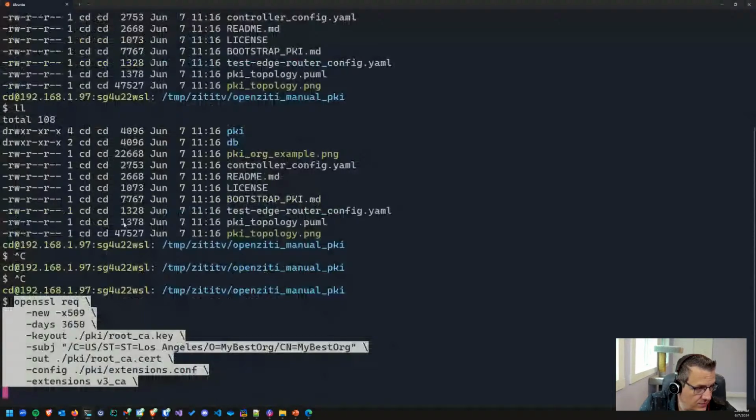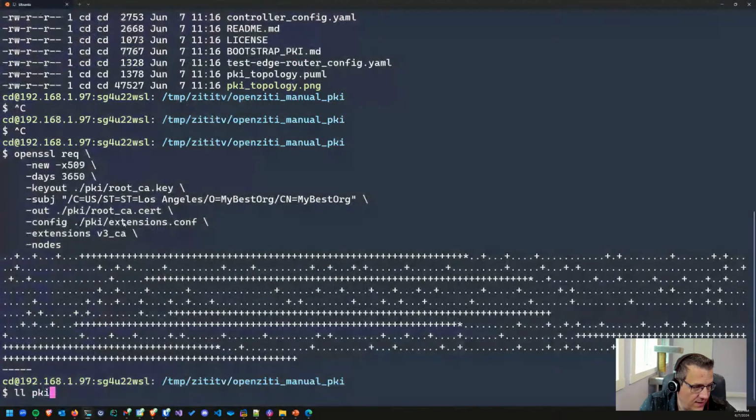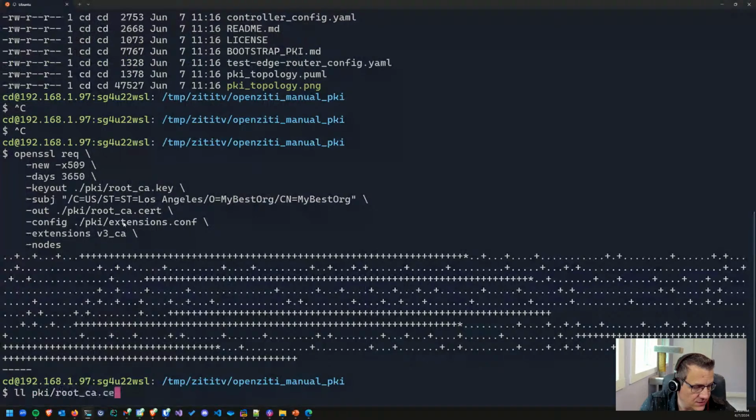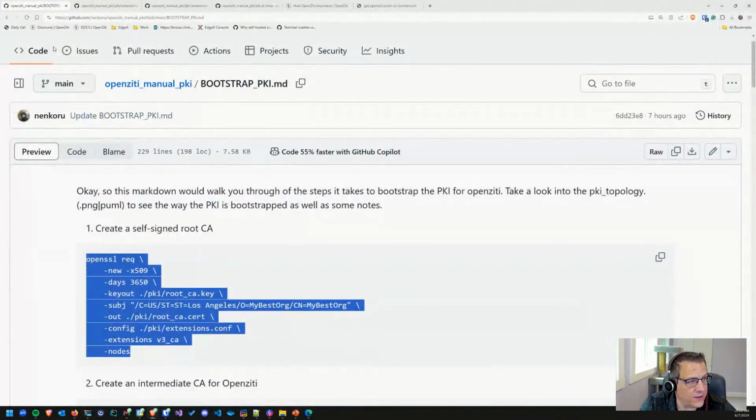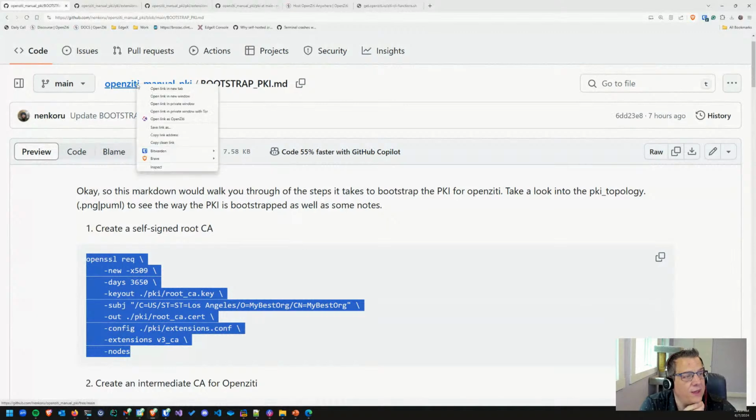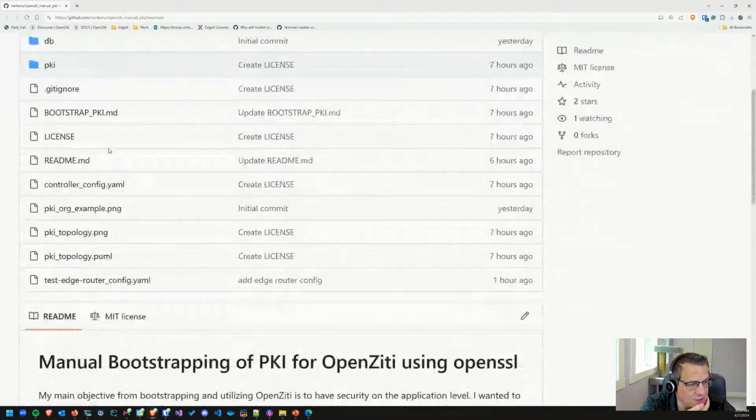All right, so when we're done, we should have a PKI root CA cert. And we do. Okay, so now we've made, oh, you know what? The other thing I forgot to mention that I thought was really great, and this is going to be useful,